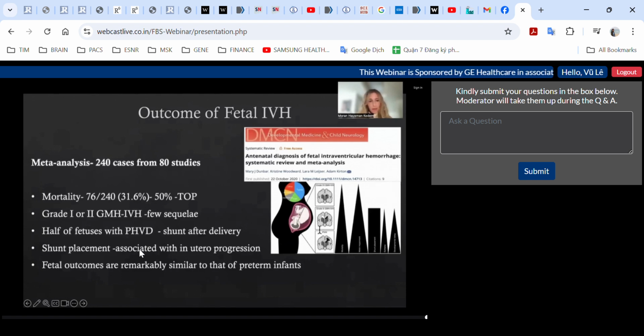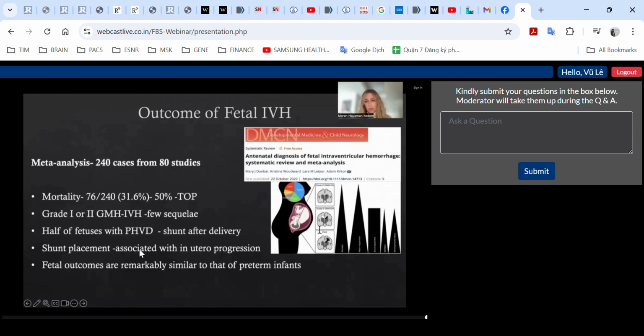And what they had shown is that mortality was around 30%. However, the natural mortality was only 50% of those because 50% underwent termination of pregnancy. They also showed that for grade 1 and 2 IVH, there was no impaired